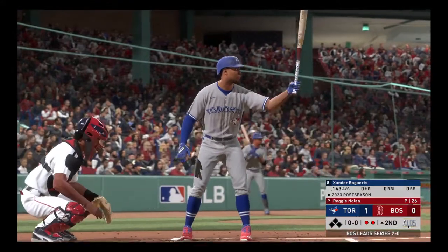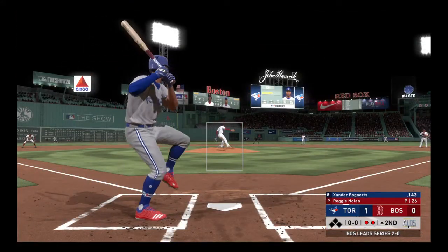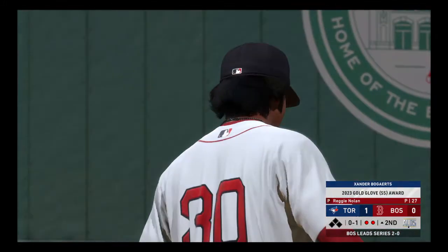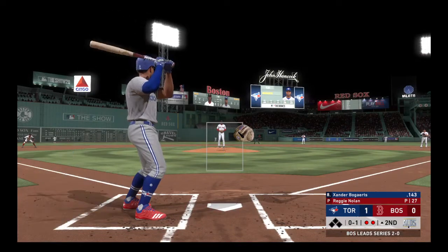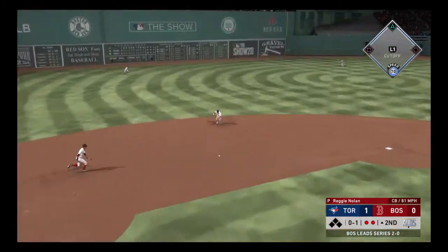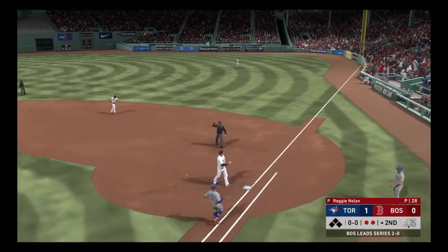Digging in, Xander Bogaerts. He'll work on keeping this top of the second alive. Starts him out with a cutter, and he gets him to swing through it. 1 strike. Well, they got to him in the first inning, which is huge, but he looks a lot more settled into this ball game right now. Well, the play's been made, and that retires the side. Blue Jay